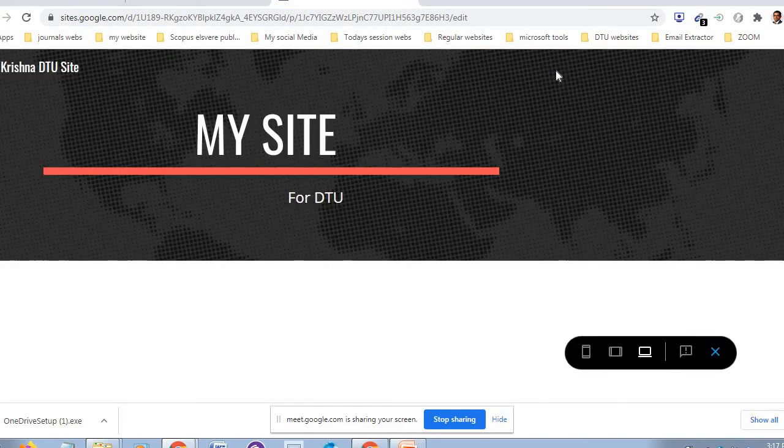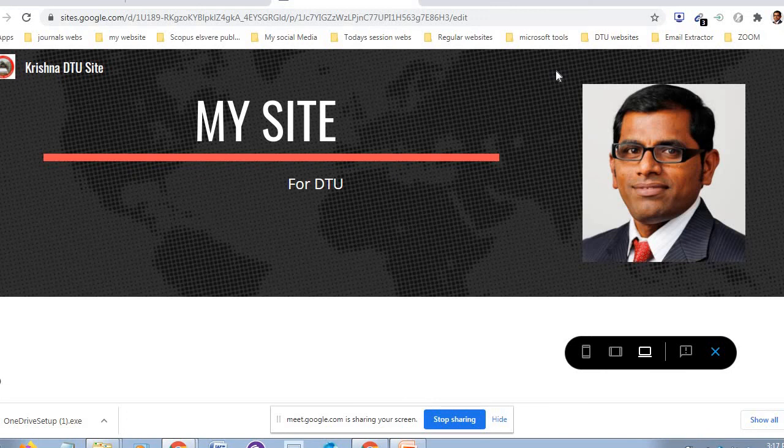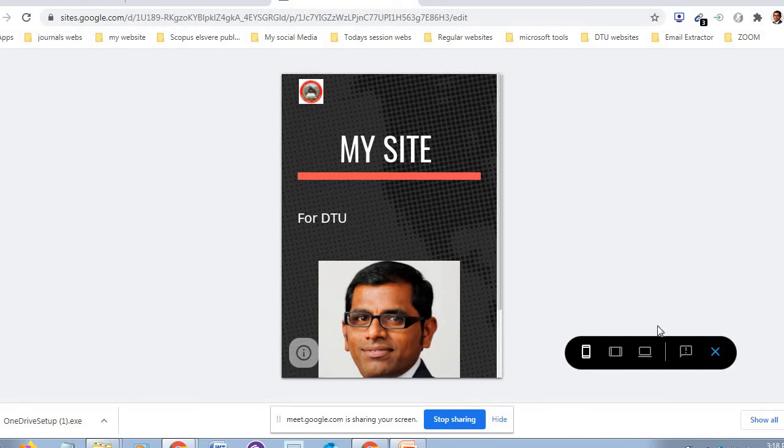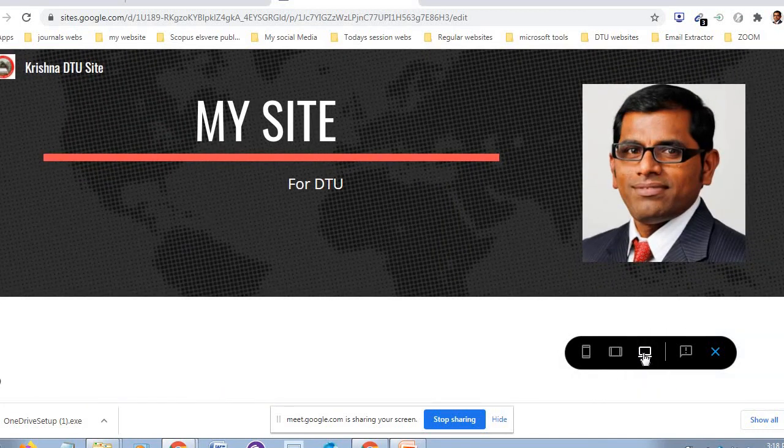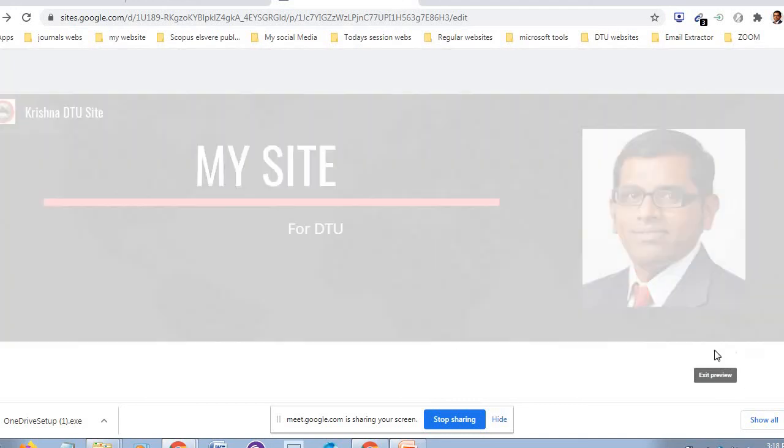This is what it looks like. If your site is opened in mobile, it will come like this. If it is opened in a tablet, it will come like this. If it is opened in a laptop, it will come like this. Okay, this is what your website view is.